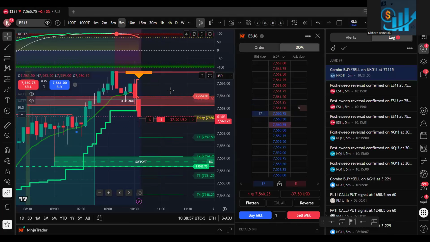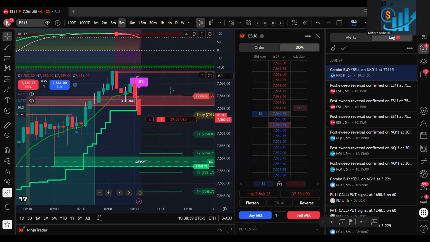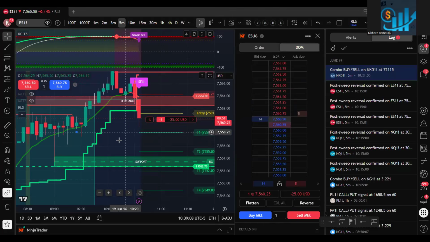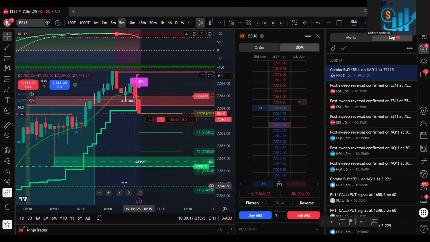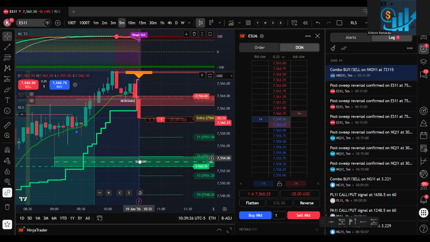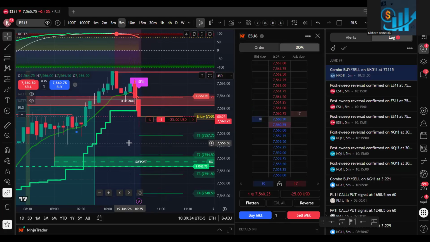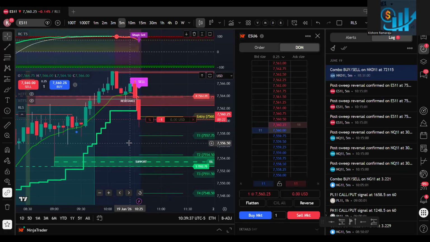Hope the concept is clear for everyone. What the market makers will do, what is liquidity sweep, what is buy side liquidity, what is sell side liquidity. Why do most retail traders lose? Because market makers intentionally know where the retail traders are putting their stop losses for long orders, for short orders. They will try to go above that, take all the stop losses, then reverse the market. So if we can trade like the big institutions, we'll be in profits. That's what this RLS, the liquidity sweep indicator, will help us to identify: where those companies are doing those sweeps.